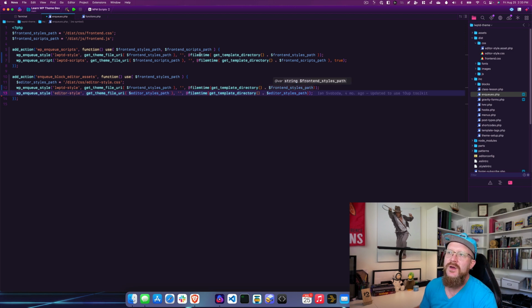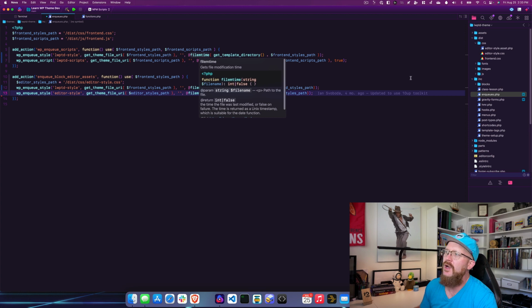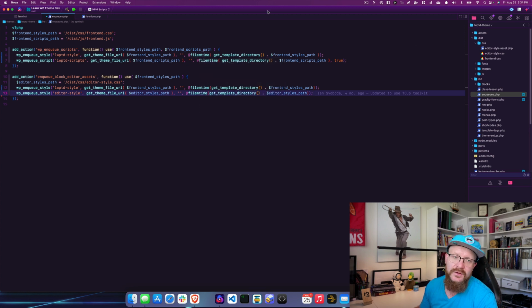I'm doing this because the only reason that warning will ever come up is if the file's not there. The only reason the file wouldn't be there is if I forgot to build it or some other thing that would be an obvious mistake. So I don't need to really have PHP tell me about that. I'd rather it just silently, gracefully fail or not do anything, which is what WordPress would by default do. So this allows it to kind of emulate the WordPress behavior a little bit more closely